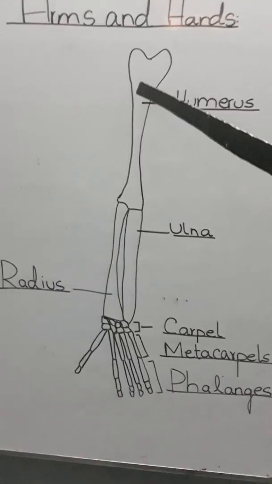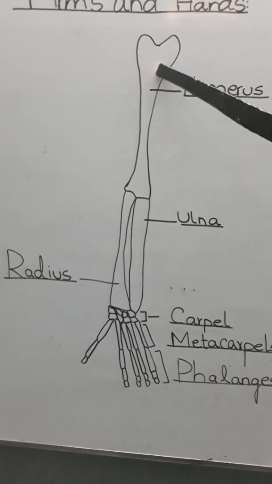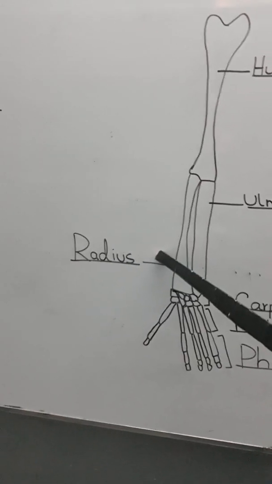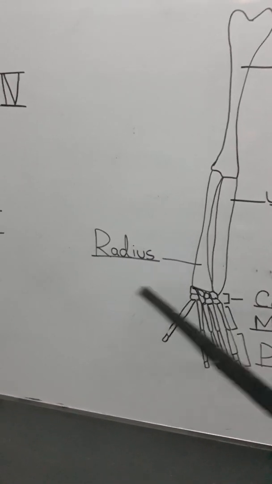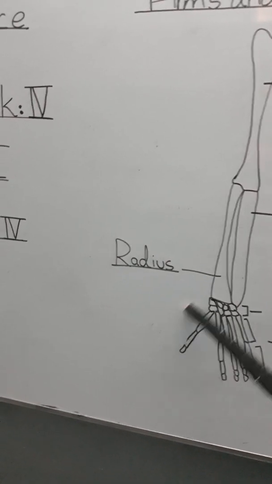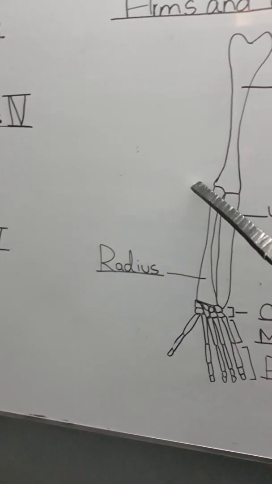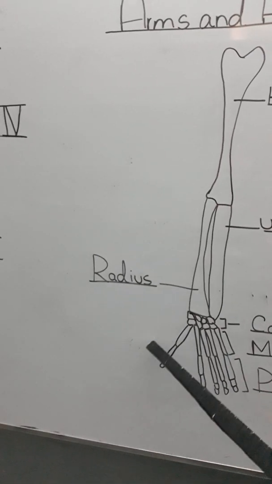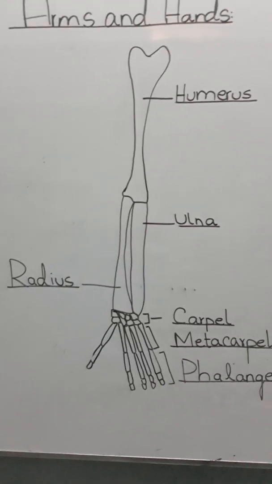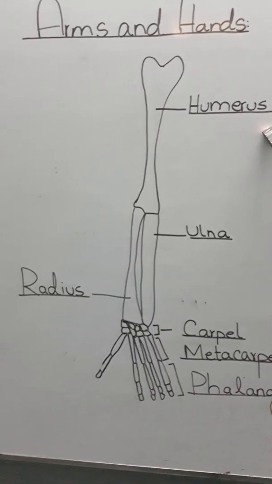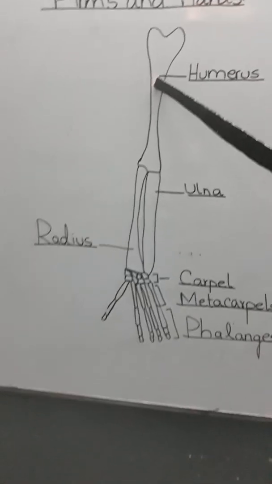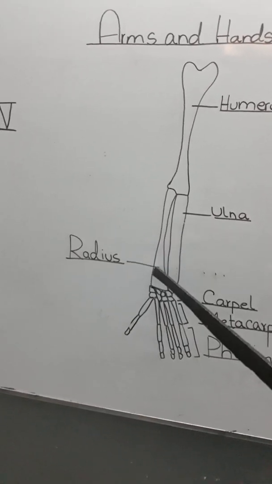Okay? The first bone of the arm is called humerus. Ulna on the left side and radius joins with the thumb. You can memorize it with RT. Radius and T, thumb. RT. On the thumb side, the bone which connects the wrist bone to the thumb is called radius. Humerus, ulna, radius. One humerus, one ulna and one radius.